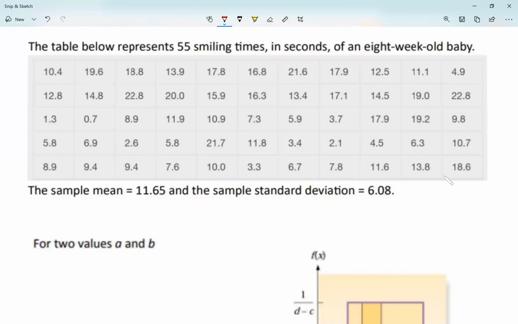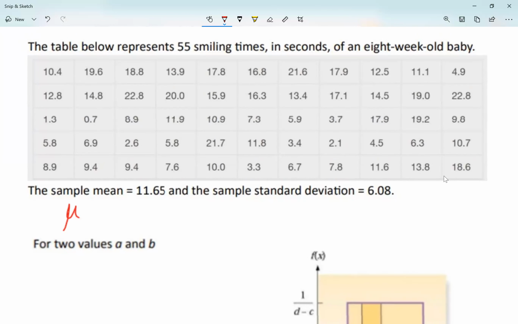The table below represents 55 smiling times in seconds of an 8-week-old baby. So we saw 55 8-week-old babies, and we saw how long they were smiling. Now, the sample mean is 11.65, and the standard deviation is 6.08. Fine, we can find that out. However, let's find the theoretical mean and the standard deviation of our uniform distribution. My numbers are going to be a little bit different, but pretty close to those numbers that you see there. What I'm going to do for my mean,